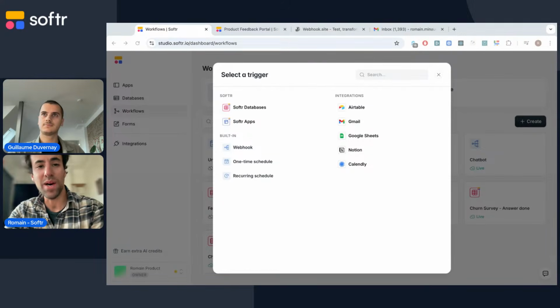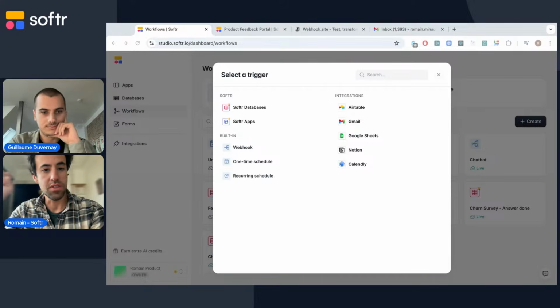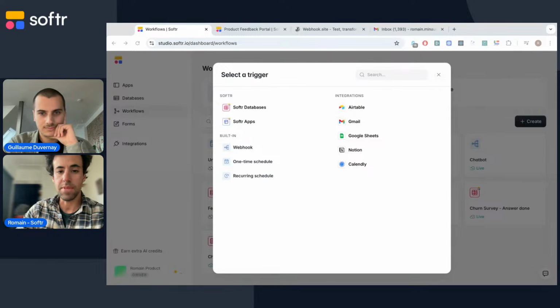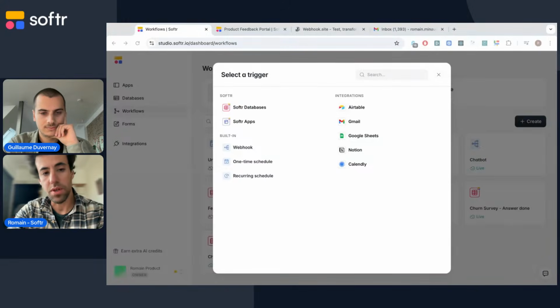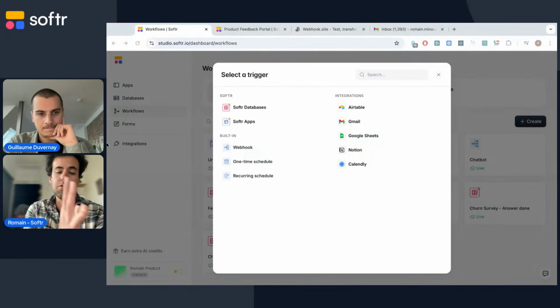The reverse part is the call API. Call API is actually making a request to an API, and you could very well have a call API that is actually calling a webhook. So that's a little bit the way to see those. Then the scheduling: you can define at what period you want the workflow to be triggered. Those are the native triggers.